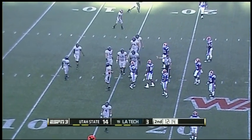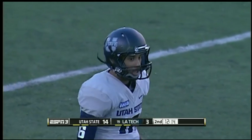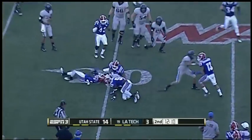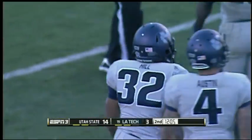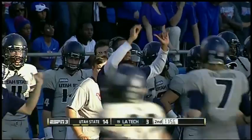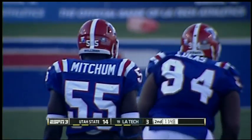Absolutely. 14-3, the Aggies have dominated on a statistical front, 245 to 56 in terms of total yardage. They could have more than 14 on the board, though. Keaton, handoff. Joe Hill, who came in motion, gets the handoff, and he carries it for 4 yards to the 20. He's been a pleasant surprise, sophomore out of Fullerton, California. Spells Kerwin-Williams from time to time. Keaton has been very good, leading the way, 9 of 12 through the air, 6 carries, 50 yards,